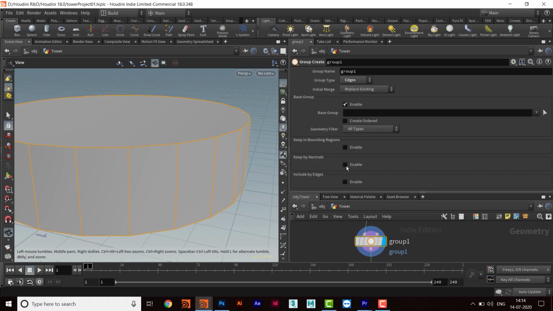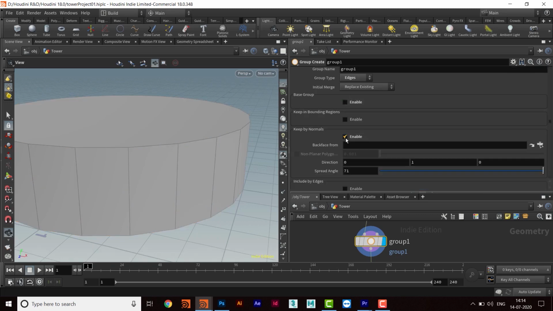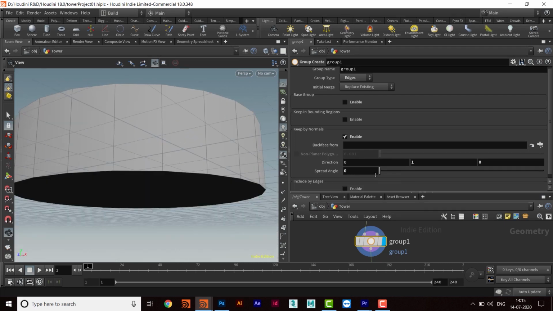So I will go to keep by normals, and I will remove this one and then keep by normals, and then because I will take this y-axis not z-axis, so I will keep it 1, right, and then I will reduce this angle to more than 0 of course, like 90 degrees,